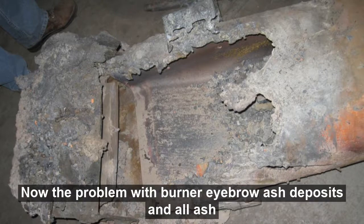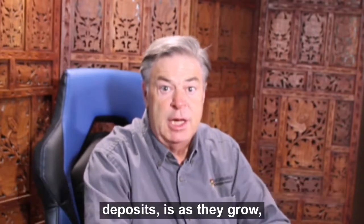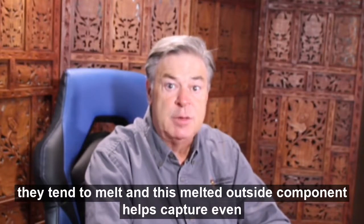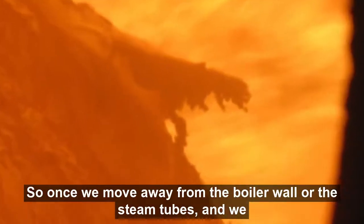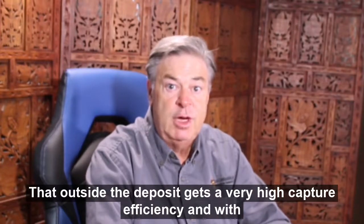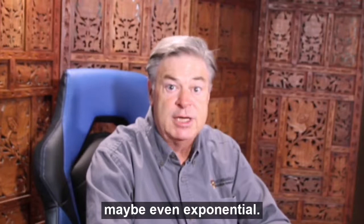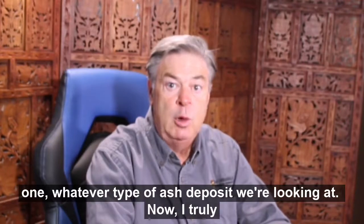than the burner eyebrows. Now, the problem with burner eyebrow ash deposits and all ash deposits is as they grow, they tend to melt. And this melted outside component helps capture even dry particles. So once we move away from the boiler wall or the steam tubes and we get a deposit that's not getting cooled by the water or steam, that outside of the deposit gets a very high capture efficiency. And with that high capture efficiency, the deposits can grow much faster, maybe even exponentially. So we have to be careful that a little deposit doesn't grow into a big one, whatever type of ash